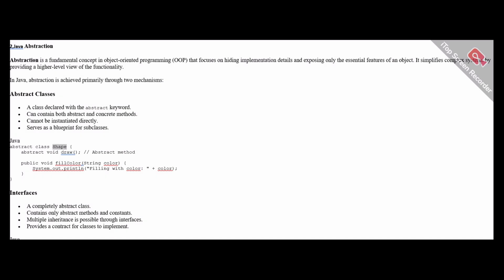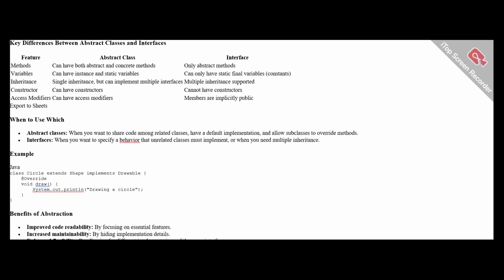Java. Abstract class Shape { abstract void draw(); // abstract method Public void fillColor(String color) { System.out.println("Filling with color: " + color); Interfaces. A completely abstract class. Contains only abstract methods and constants. Multiple inheritance is possible through interfaces. Provides a contract for classes to implement. Java. Interface Drawable { void draw();